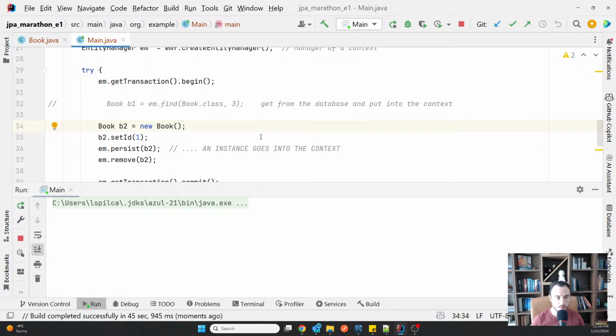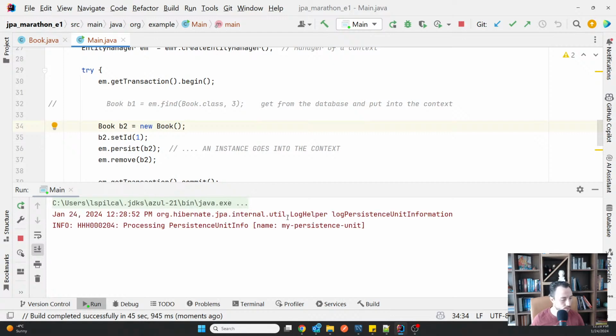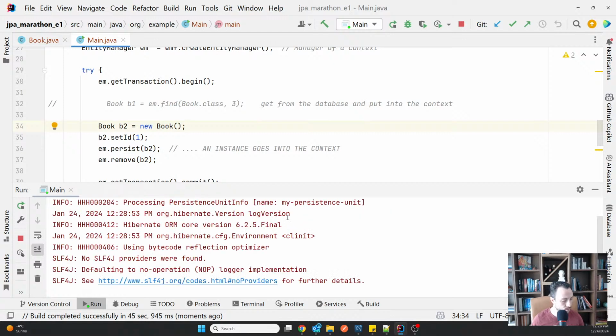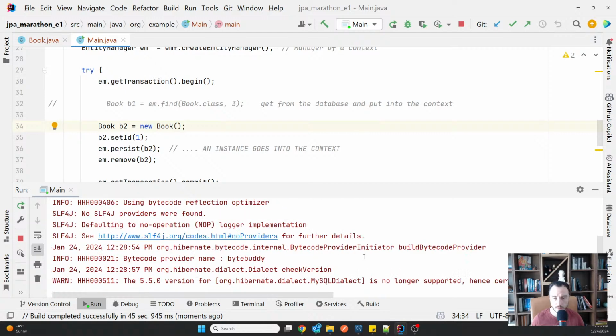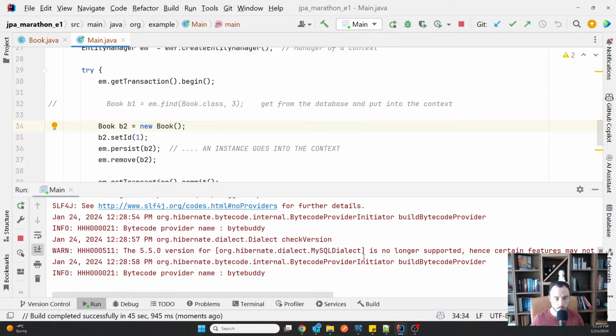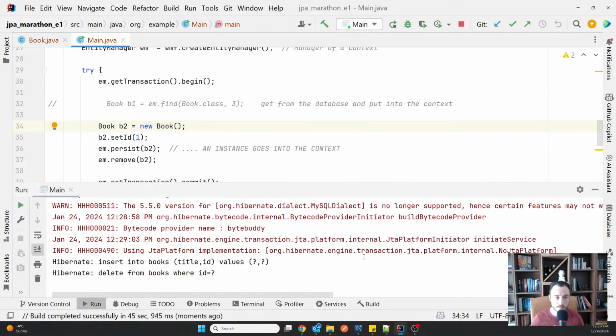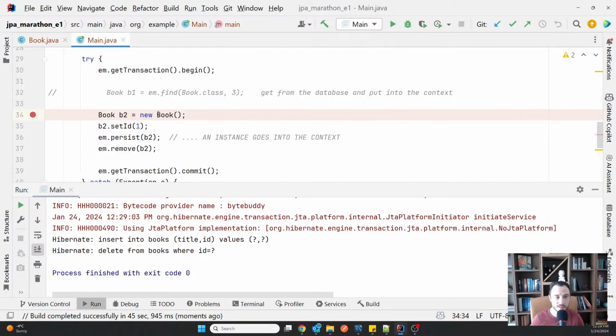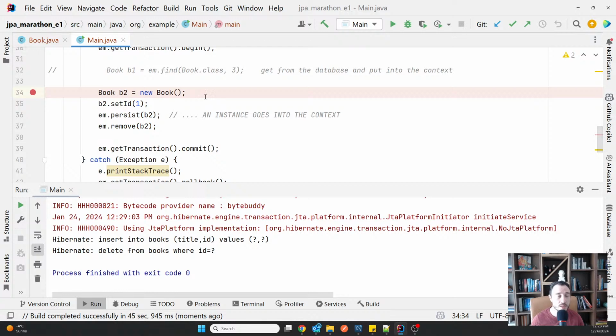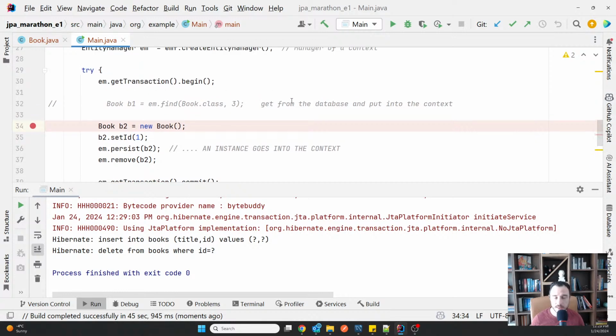Okay, go. No, I still see the insert. This is strange because I thought that this would solve the insert. But again, what's behind the scenes of Hibernate is behind the scenes of Hibernate, so you cannot always rely on this kind of stuff.